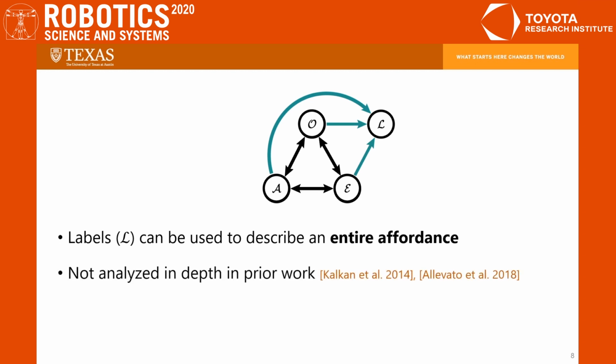A couple of previous works have proposed this idea, but they have not studied the relationship between affordances and their labels in depth. In particular, it's unclear which parts of the affordance are the most closely correlated with the choice of label. It's also unclear how well defined particular labels are, especially from the viewpoint of naive users with almost no experience communicating with robots.